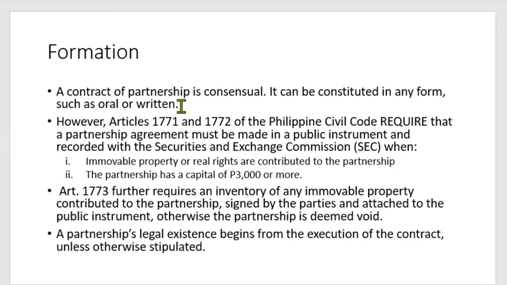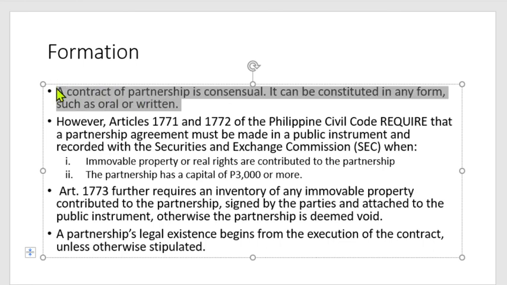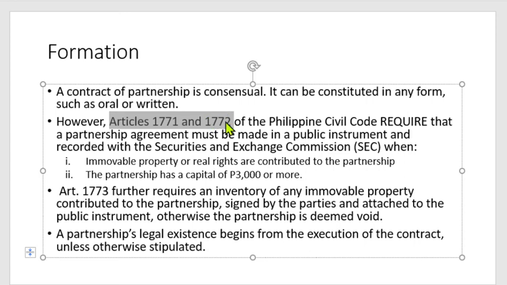However, ang sabi dito sa general rule natin, it can be constituted in any form such as oral or written. However, as sinabi or in-specify mismo sa Articles 1771 and 1772 of the Civil Code, which requires that the partnership agreement must be made in a public instrument. Ibig sabihin, in writing na ito kasi nasa public instrument and recorded with the Securities and Exchange Commission. Recorded ba daw sa isang government agency na tinatawag na Securities and Exchange Commission kapag